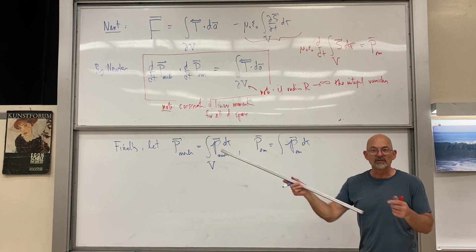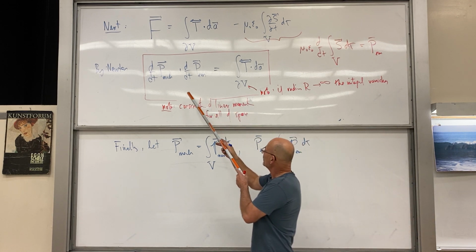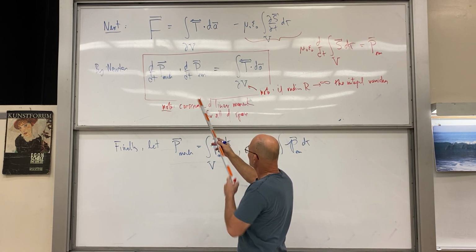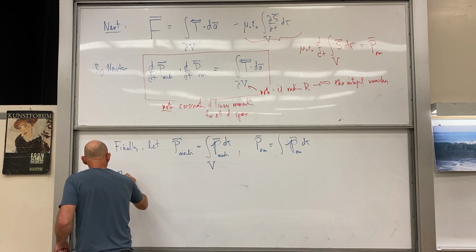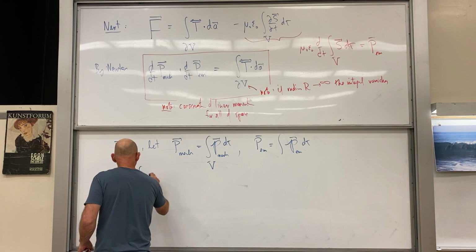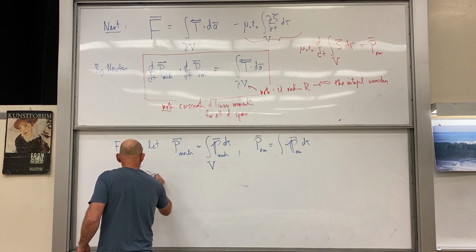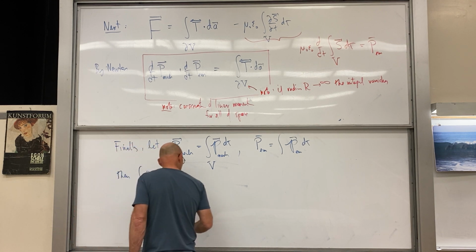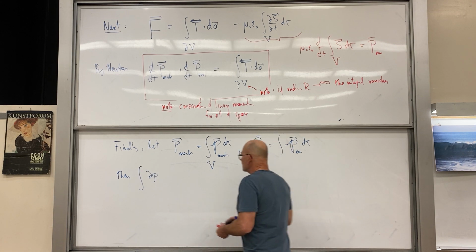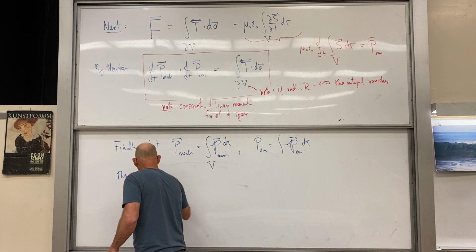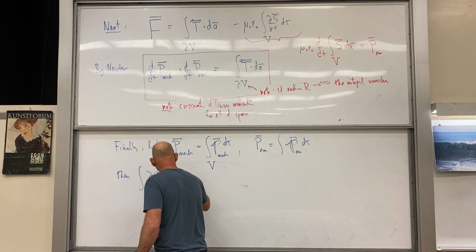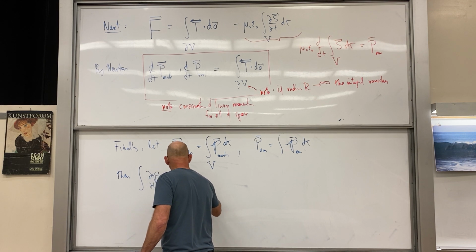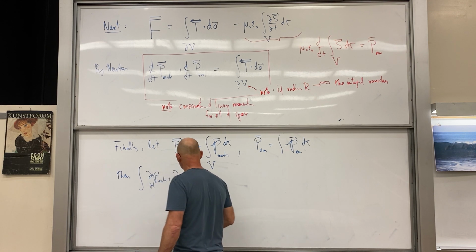And then we're going to do the standard maneuver. Let's go ahead and do it. Then integral d cursive p mechanical with respect to time, plus d cursive p electromagnetic with respect to time,